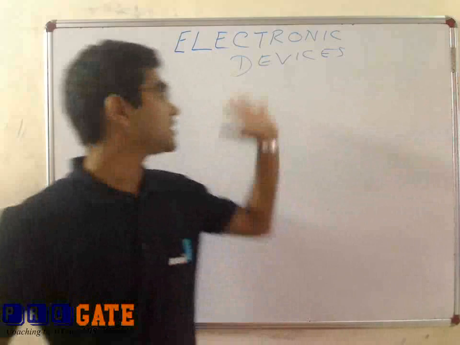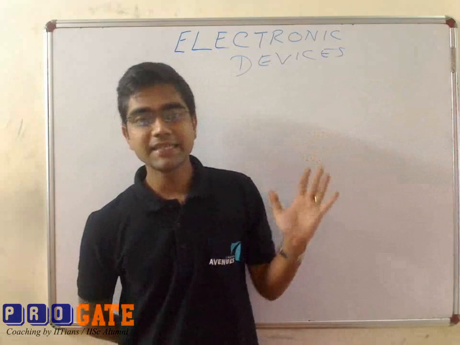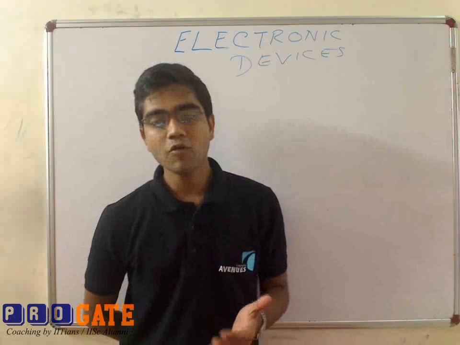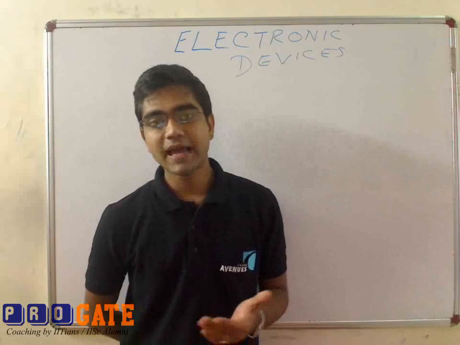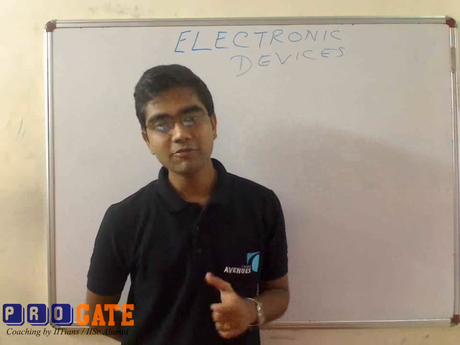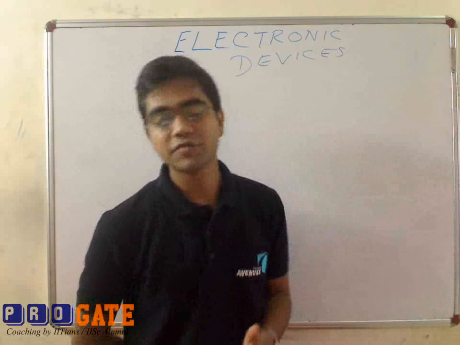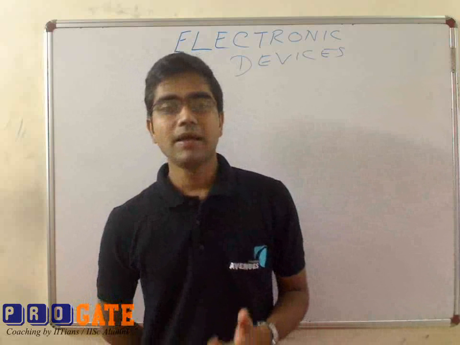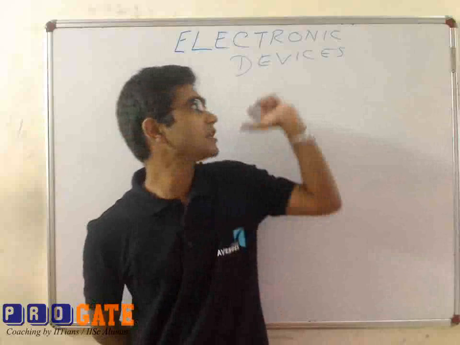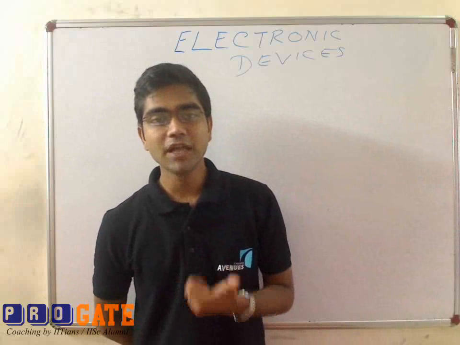Now this subject is somehow different from analog circuits in the sense that analog circuits generally involve the application of the semiconductor device in a particular circuit like transistor biasing, FET biasing, MOSFET biasing and so on. But what happens in case of this electronic device subject, here we deal mainly with how the